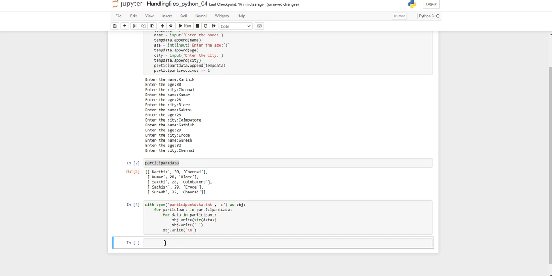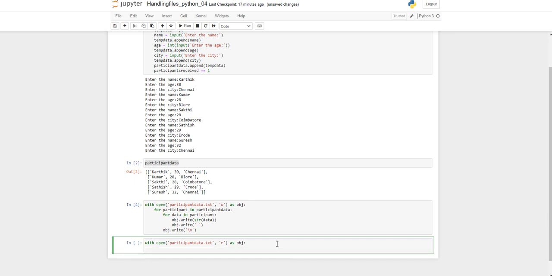Okay. Now what we'll do is we will try to read it from the file, and we will store any one column into a dictionary, like with open of the same thing. I will write the same. So now I'm reading the data from the file. Earlier I was writing, so this is w for write mode. Now I'm going to read from the file, so it is now r.